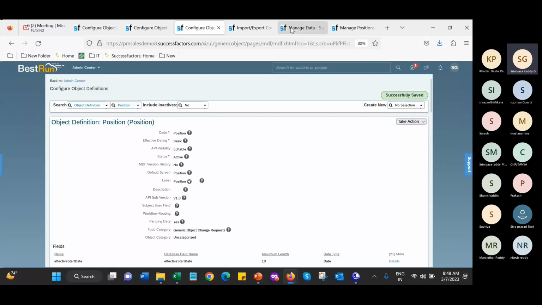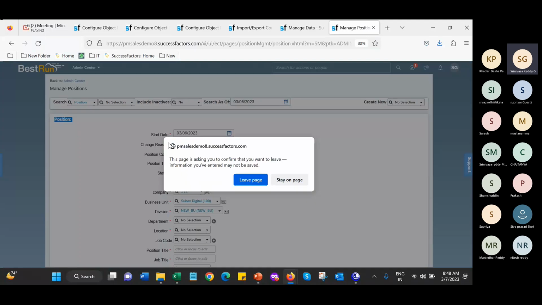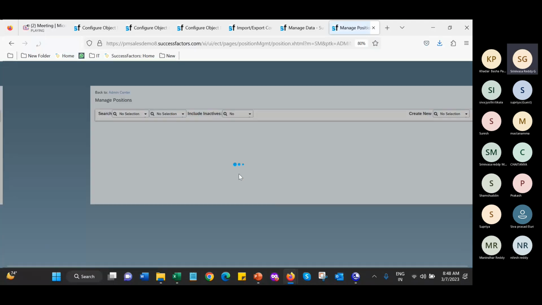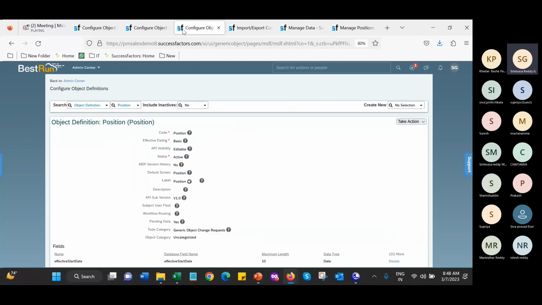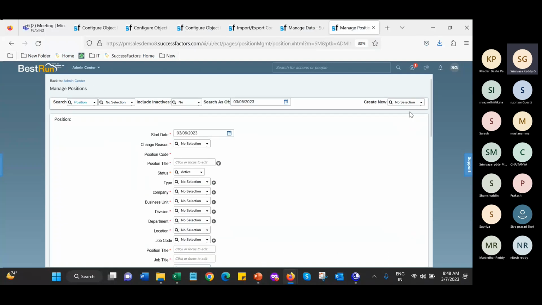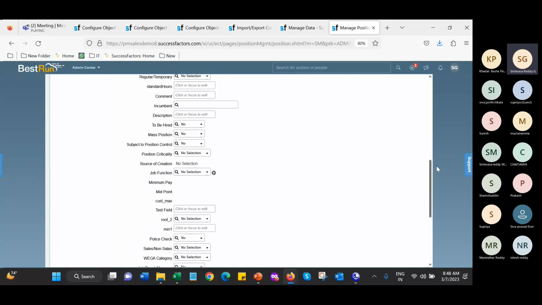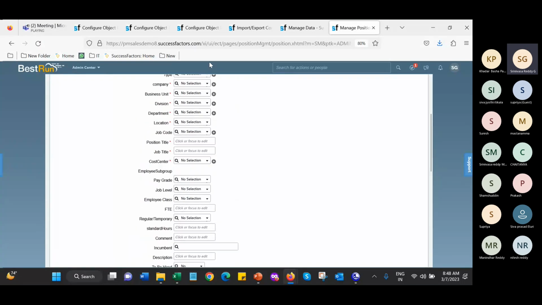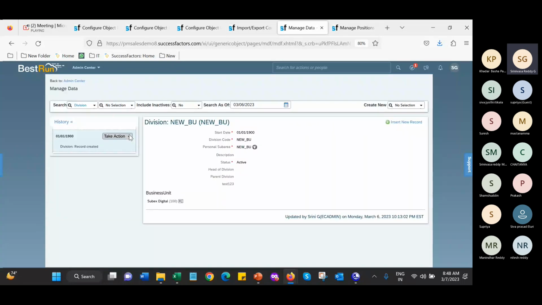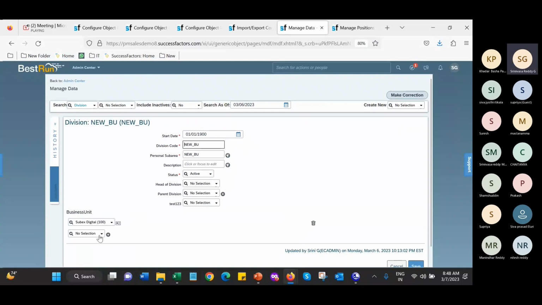Okay, now go to manage position. Now go here. You can select 100. See, now we can see only the one business unit that we mapped. If you go to manage data and map one more business unit here,